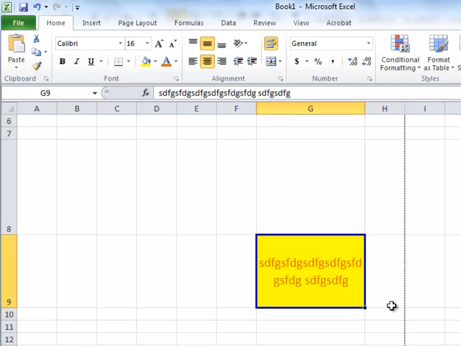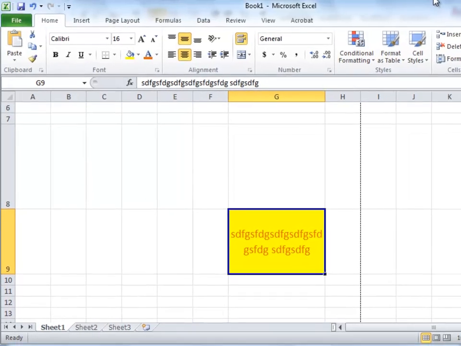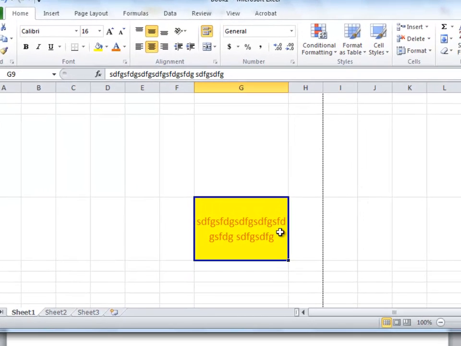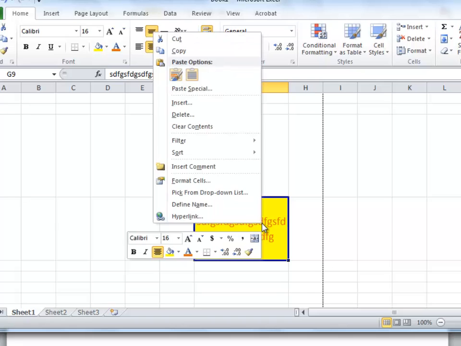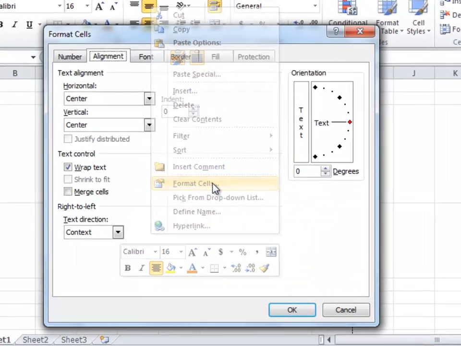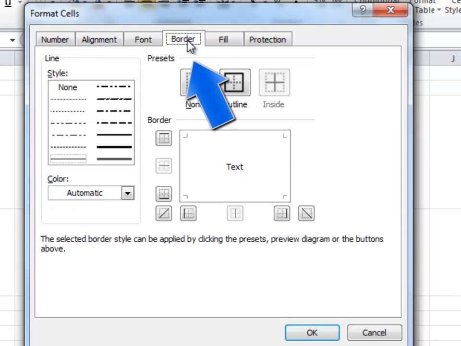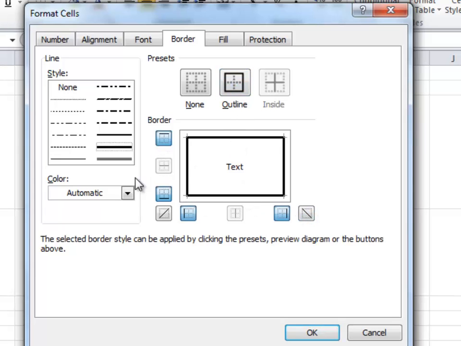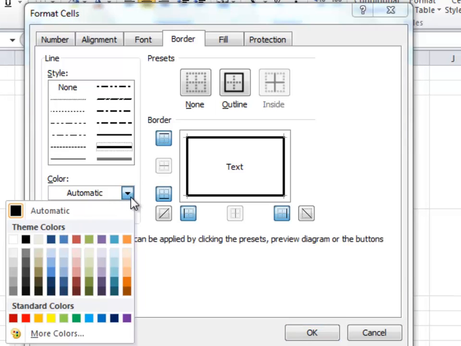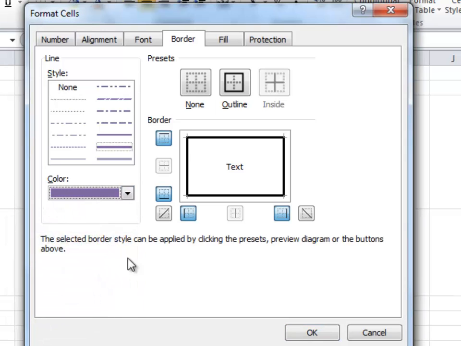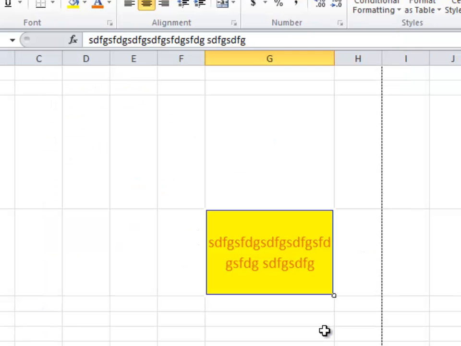So let's say that I want to actually work with the border of the text itself. I can right click on that, Format Cells, and click on the Border tab in order to add a particular border. I'm going to select a straight solid line, and you can see my border options right here. I'm going to outline the entire thing, and the color is set to automatic based on the theme, but I'm going to override it and say I want it to be purple, and I say OK, and you can see that the text has now got